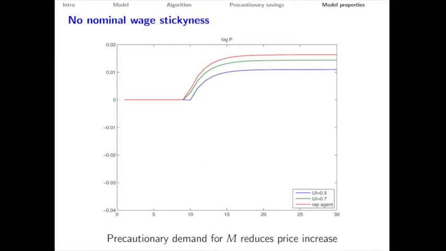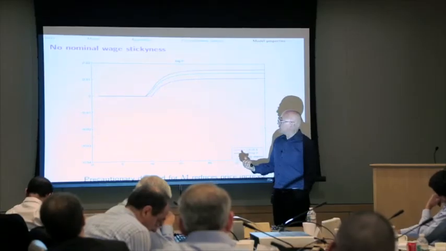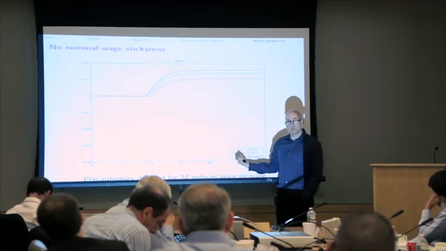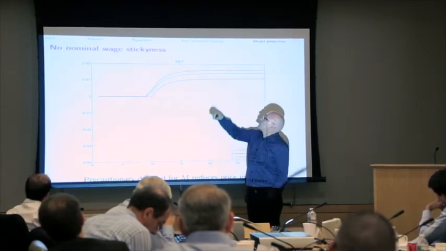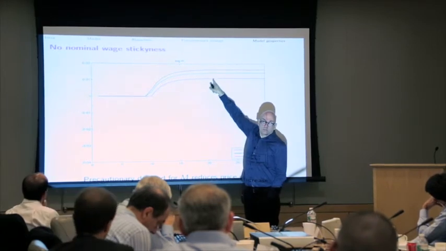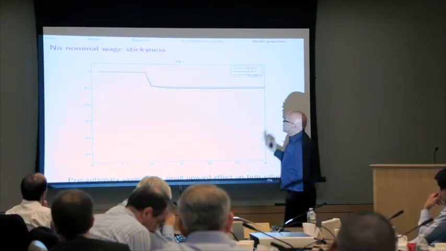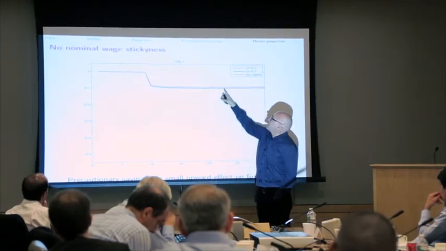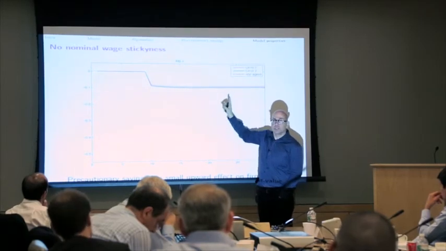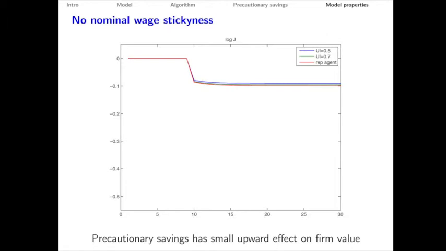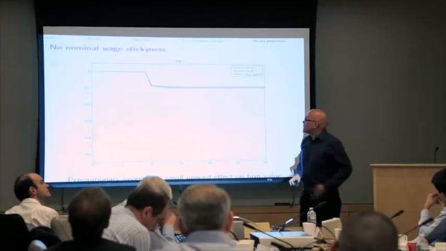So here what you see is that if you have less unemployment insurance, then the precautionary demand is more important, and so there is more demand for money if times get worse, and that means more demand for money, which means a lower price level. Okay, so that lower price level doesn't seem to do anything in terms of firm value, but what you see is that firm value actually drops the smallest amount if I do have this precautionary savings motive working for me. Right, so in all these cases,